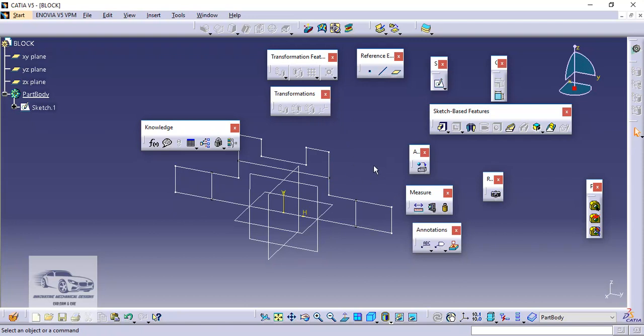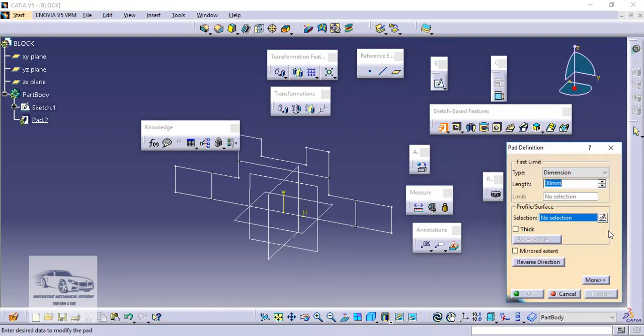For creating the projection sketch, either I can select the planes one by one and then create the projections, or I can directly go to the pad command and from the profile oblique surface selection, I can directly select the sketch option.